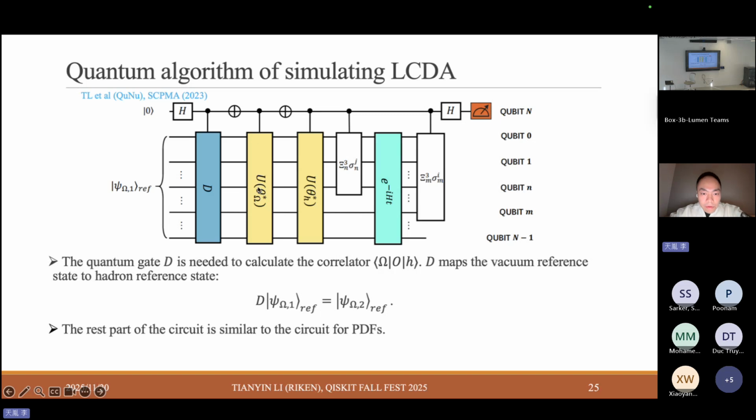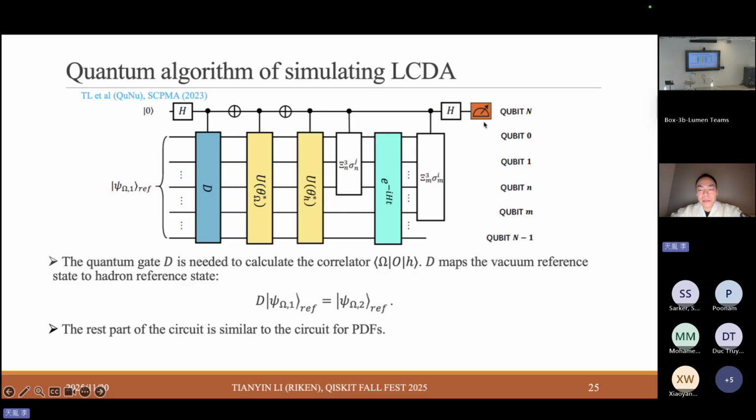We also use the variational quantum algorithm to prepare the hadron state and the vacuum state. The vacuum state can be prepared by applying U(θ_Ω*) onto the vacuum's reference state, and the hadron state can be prepared by applying U(θ_H*) on the reference state of the hadron. The rest of this circuit is similar to the circuits for calculating the parton distribution functions,